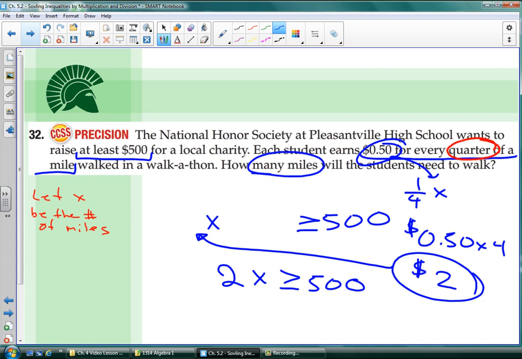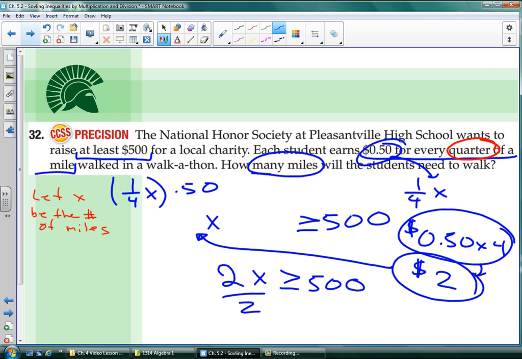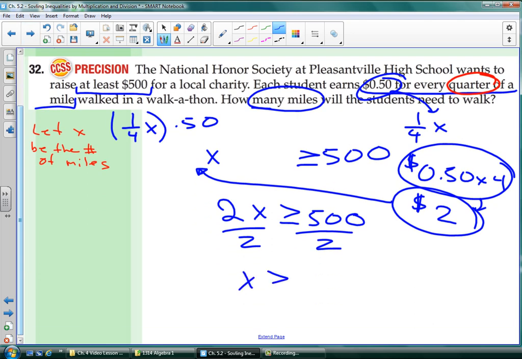I could just as easily have written that I have 1/4 x times 0.5. Okay, so I would have a quarter mile and I would get 0.5. And that would give me the 50, and then I would multiply that out. But it seems more efficient to use our whole numbers and put it together that way. Either way is fine. So I have 2x is greater than or equal to 500. I divide by 2. I get x is greater than or equal to